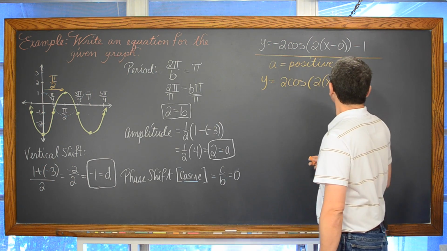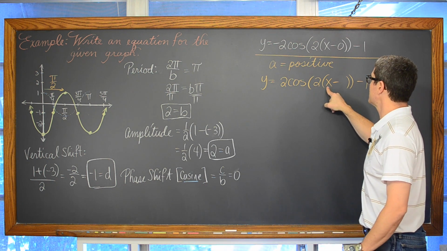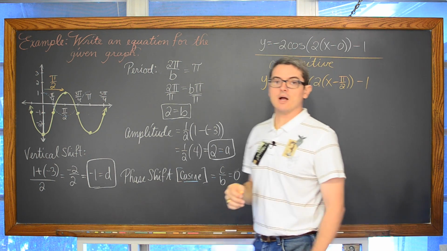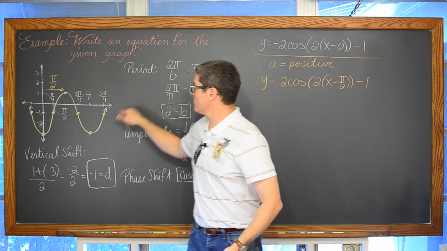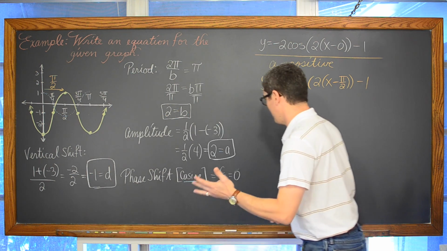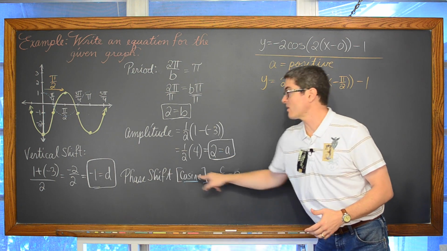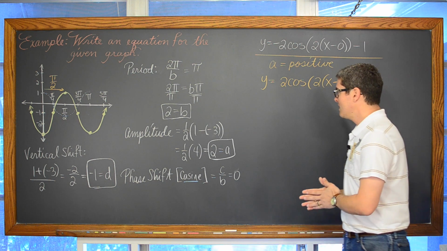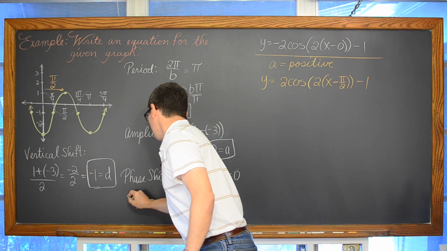So now that would be, again, 2 cosine of 2 times x minus pi over 2, close up the parentheses and subtract 1. And that is another equation that when graphed would line right on top of that yellow function, the given yellow graph. Now, for that orange, this is not correct, right? So pay attention to the color coding. What would my phase shift be, and let's do another color here, we haven't used green yet. What would the phase shift be,